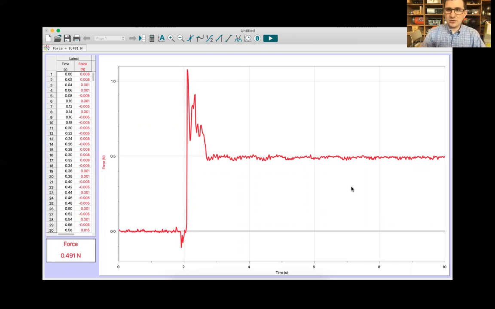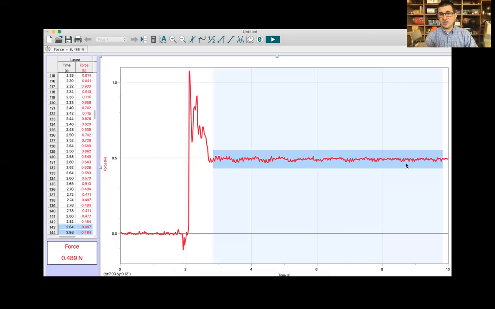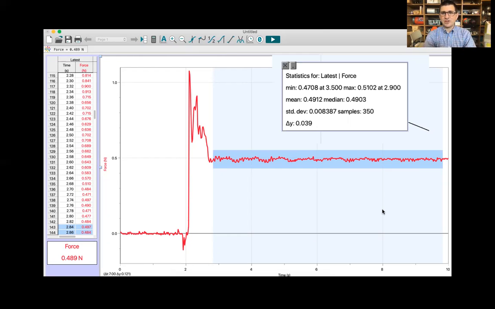I think the best way to approach it is to highlight the section that you want to analyze, and then use the statistics button, because when you press that, if you've highlighted the section, it will give you the average reading in that area. So the average is the mean. So then you can write down 0.4912 if you want to be super accurate, or honestly, we're good if we just round it to 2 decimal places. So 0.49, and that's in terms of newtons for the average reading of the force.